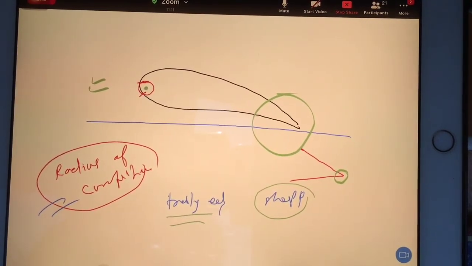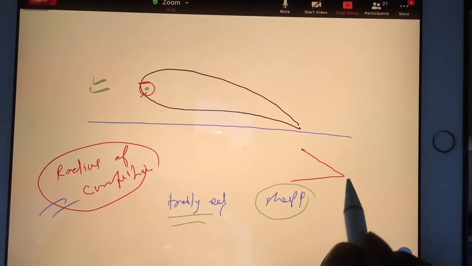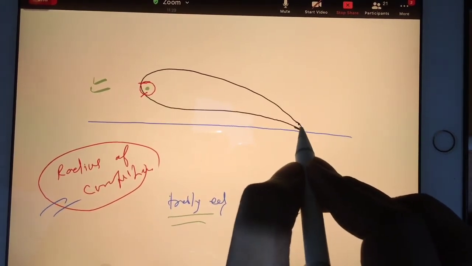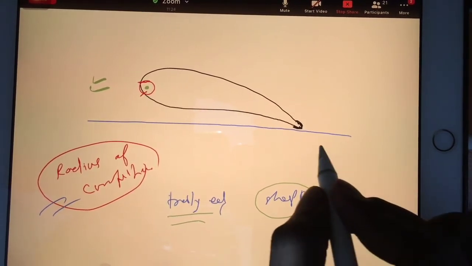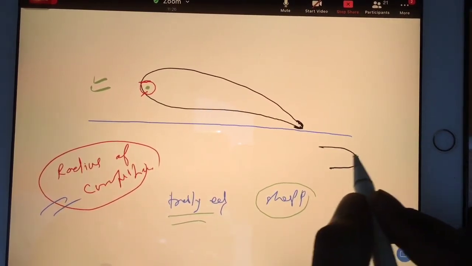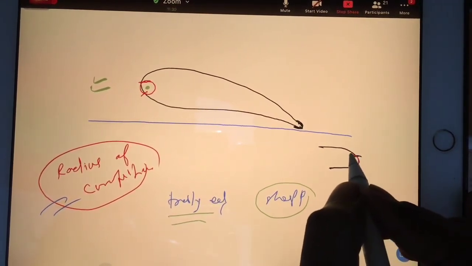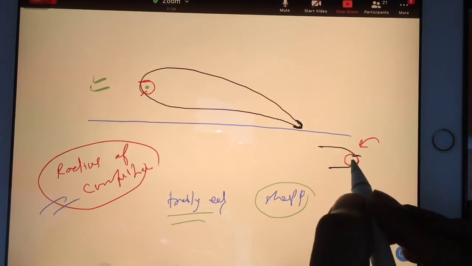Sometimes if your trailing edge is not sharp, if it is somewhat blunt, there also you will apply the same concept. Blunt means it will look like this. So you will go for the minimum radius of curvature. This is not a big deal. You can design this airfoil in simulation in the software with minimum radius of curvature.